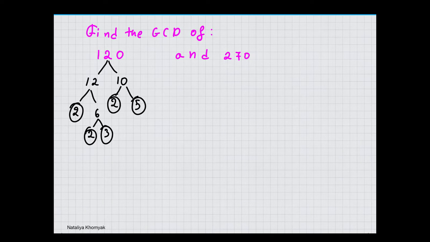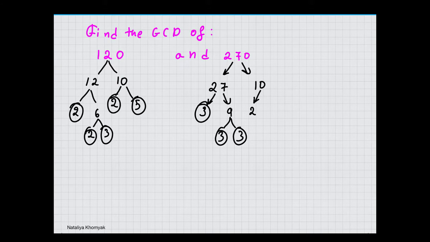Let's factor 270. So we can say that this is 27 times 10. 27 is a 3 times 9. 3 is a prime, we can circle it. 9 is 3 times 3. 10 is 2 times 5. Okay, so now that we have factored 3's and everything is in terms of primes, we can calculate